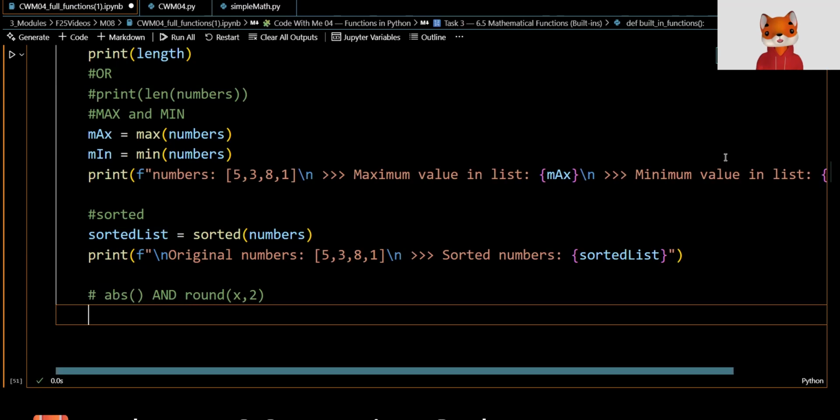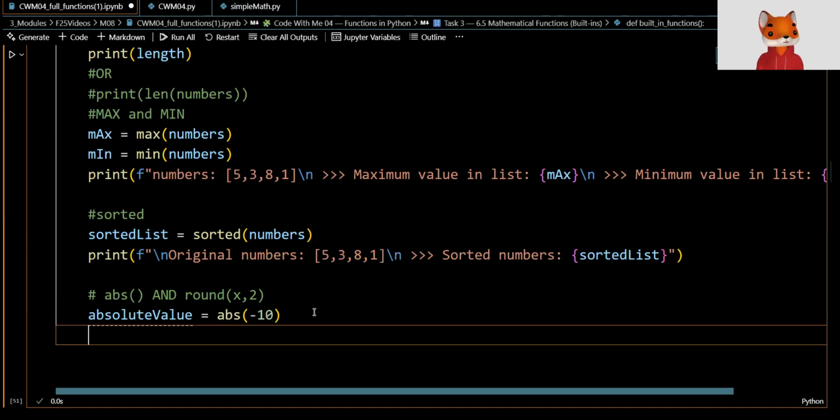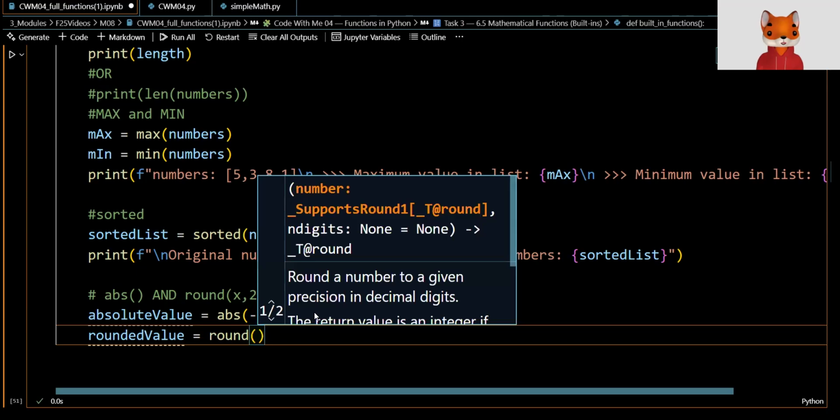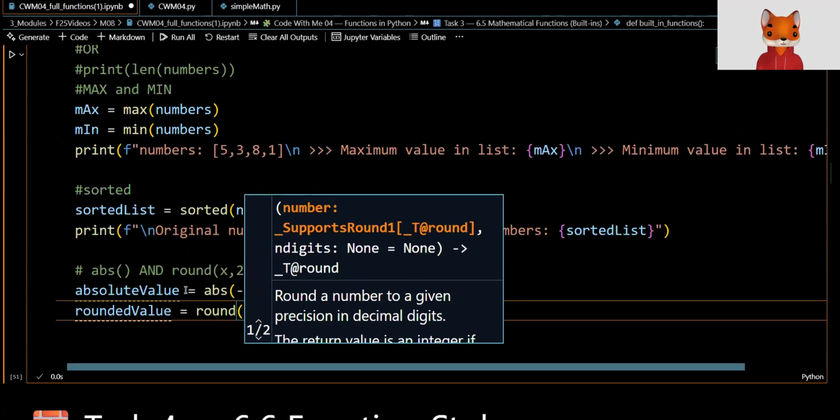So in this case here, I'm going to just have a variable called absolute value equals, and we're just going to put abs and put -10 there. So we're going to store that value into that variable, and then we're also going to do rounded value, and I'm just going to store inside of round the value we're looking at, which is 3.567,